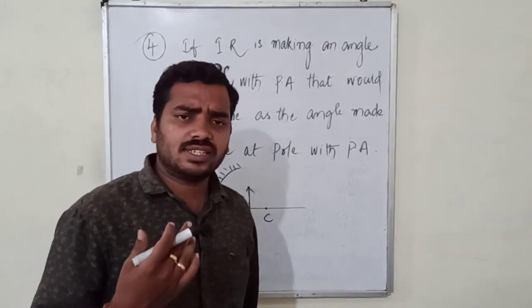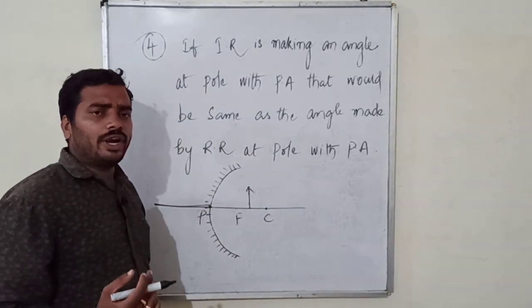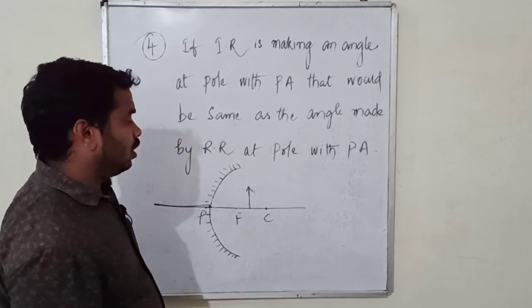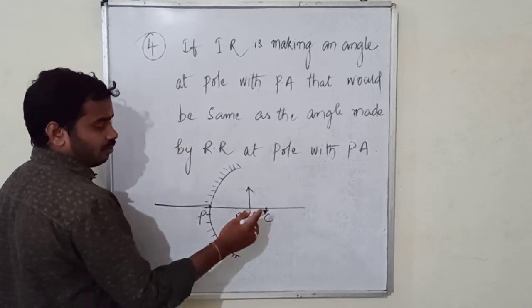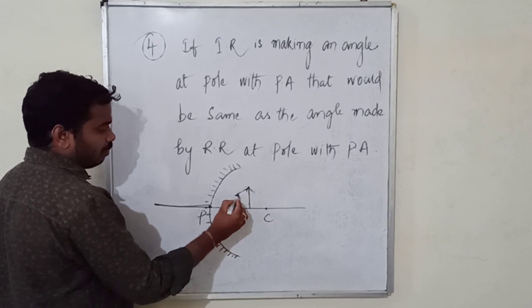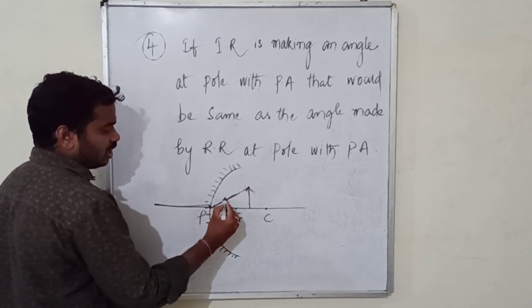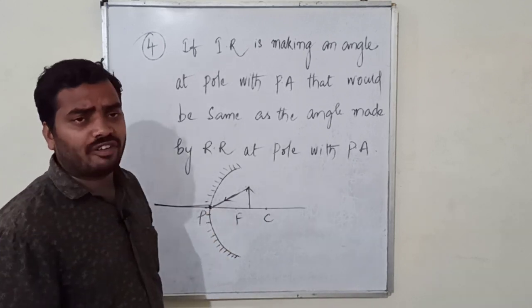Why is the sir always considering the tip of the object as a point? You can consider any point as an incident ray from any point. But right now I am considering the tip. Let it be like the incident ray is incident at the pole. Pole will become the point of incidence.